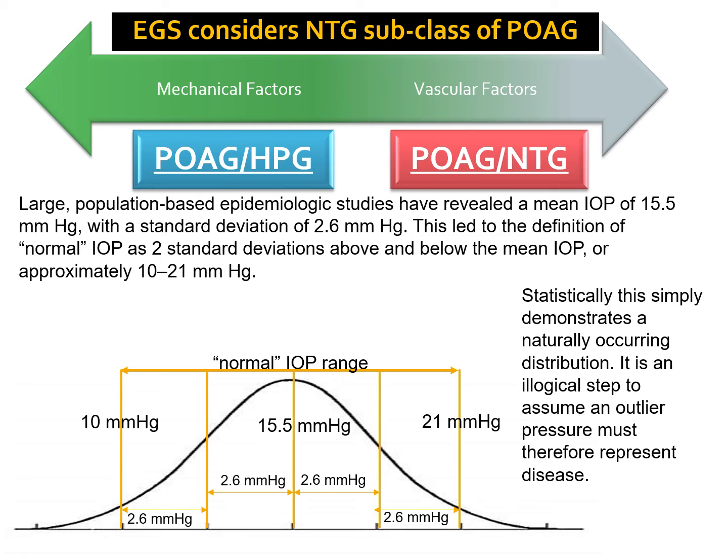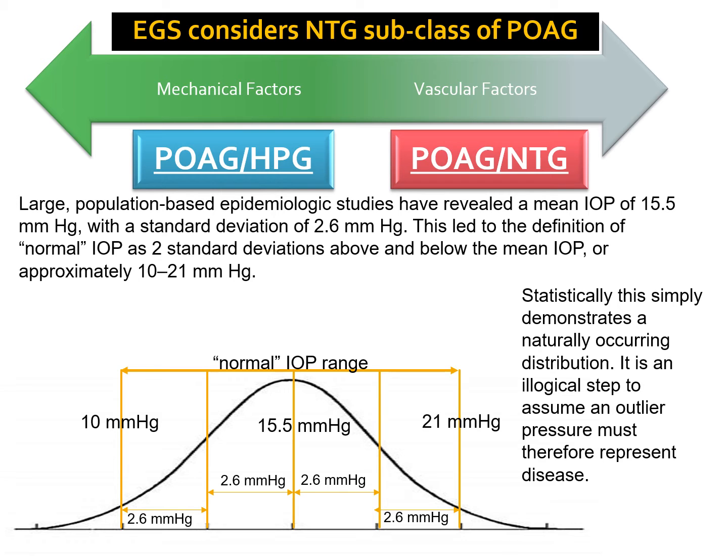Now, of course, it's not normally distributed anyway, so that straight away muddles up that whole principle. But the point is normal is a statistical definition. It's the normal range of IOP in the human race. It doesn't at all imply that outside that normal is somehow pathological. But because we use the term normal, then the leap of illogic came when we assumed that outside that range must be